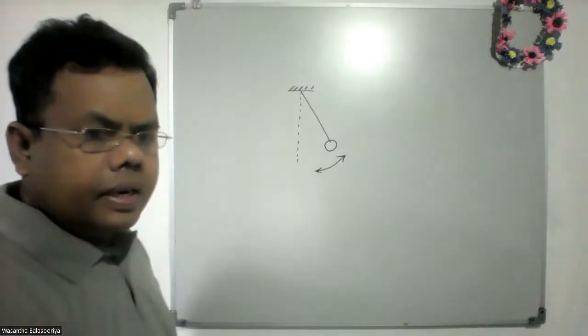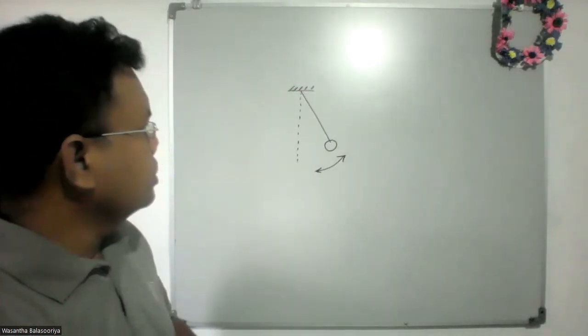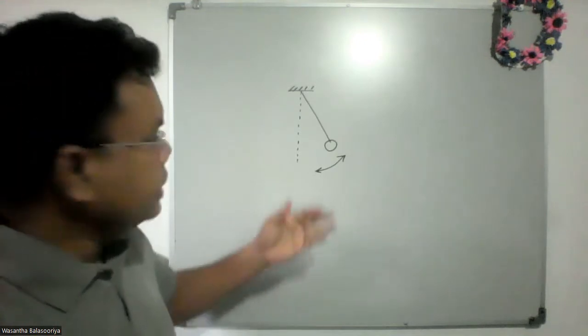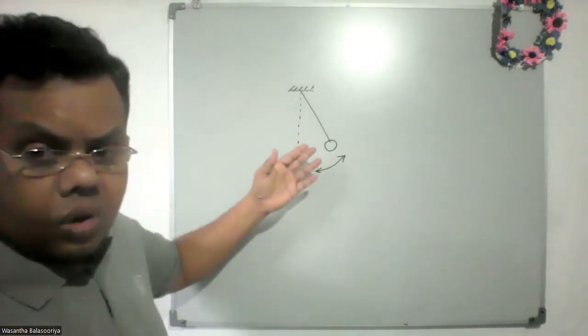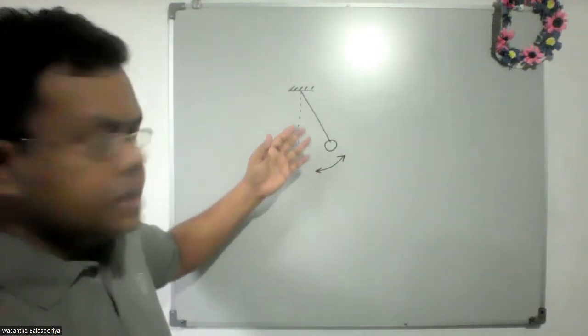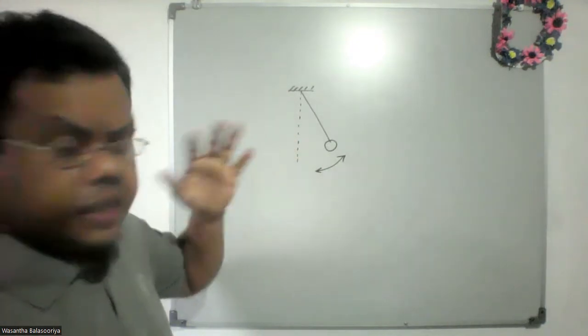The simple pendulum. The pendulum of a clock is called a simple pendulum. Simple pendulum motion is